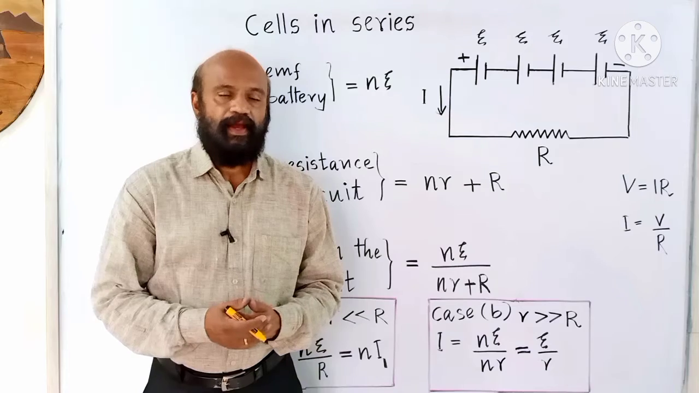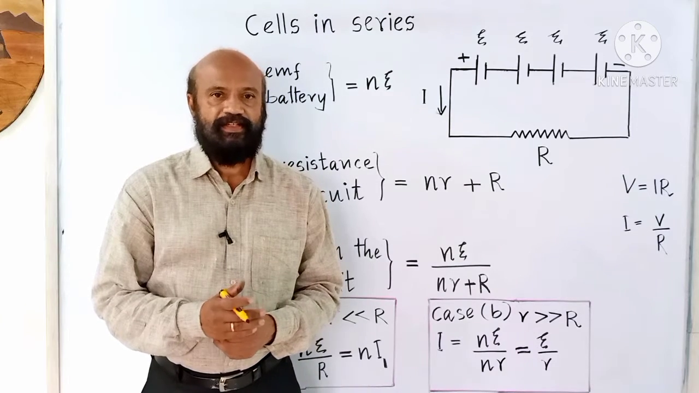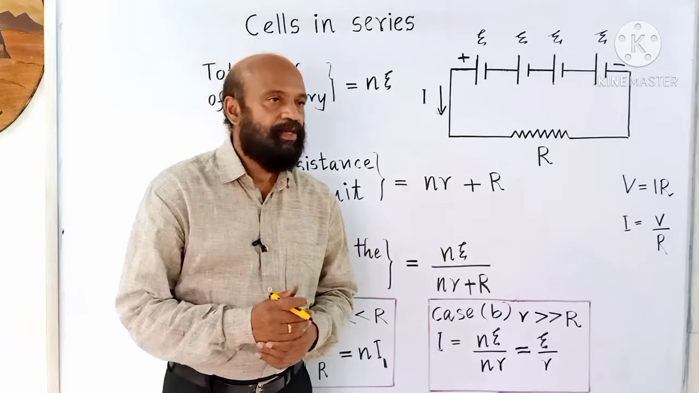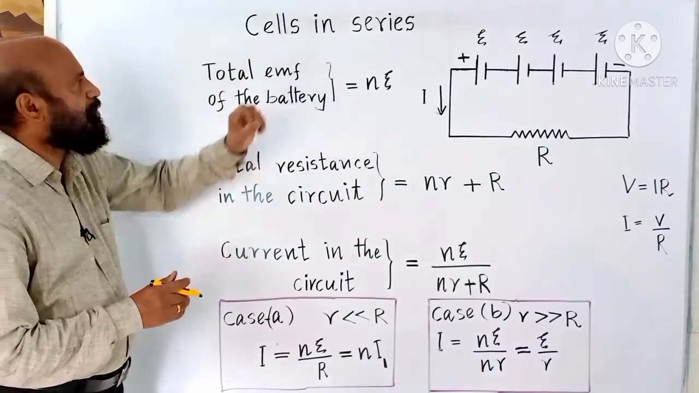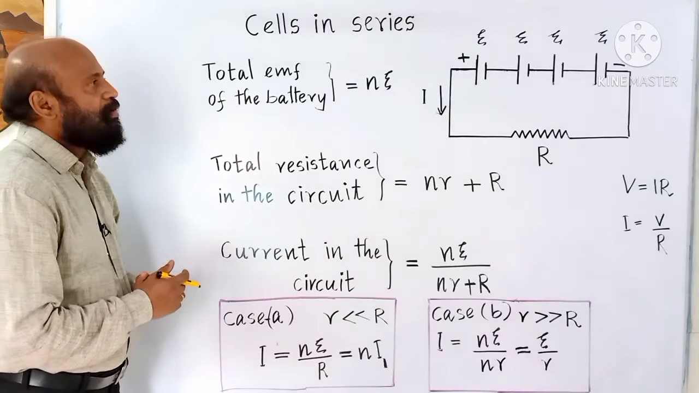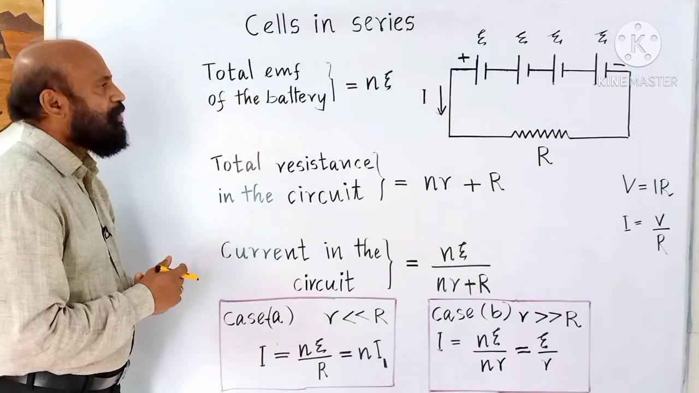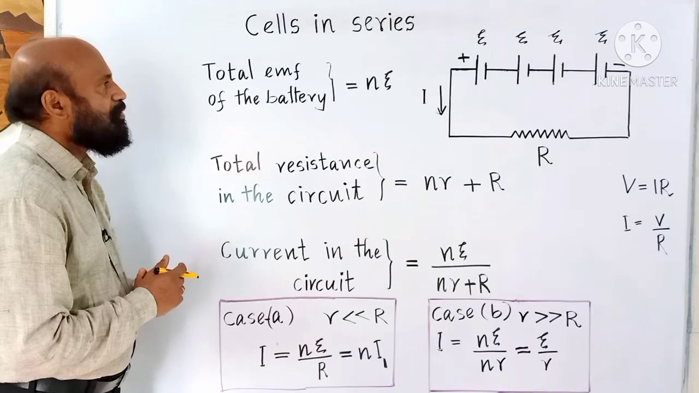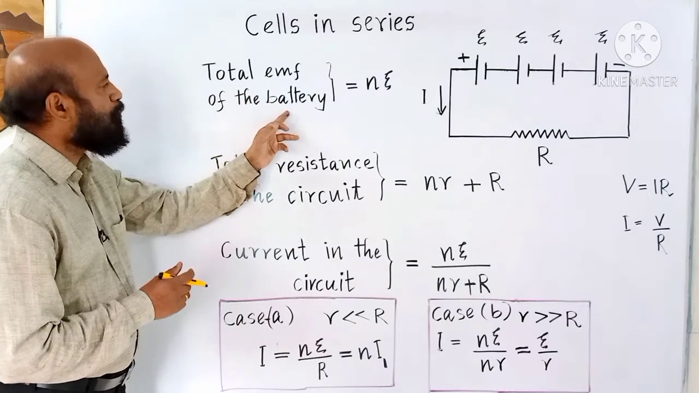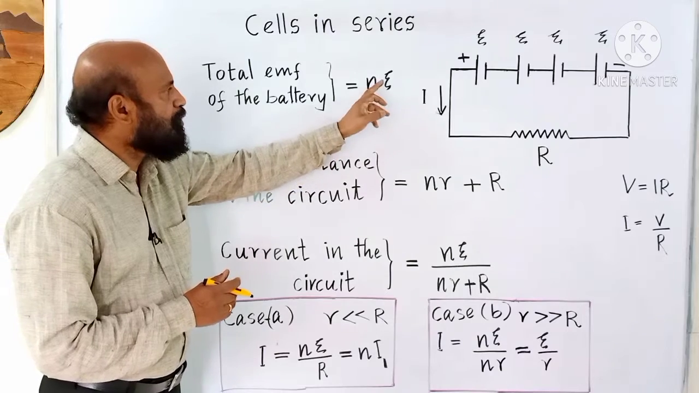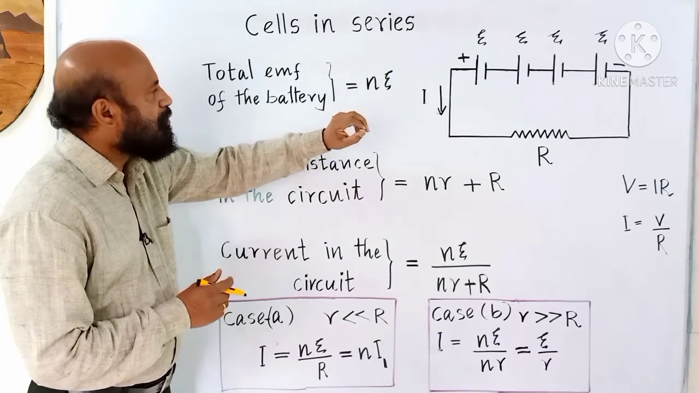Electric cells can be connected either in series or parallel. In this video, I am going to explain cells in series. When a number of electric cells are connected in series, the total EMF of the battery is N times psi. Psi is the